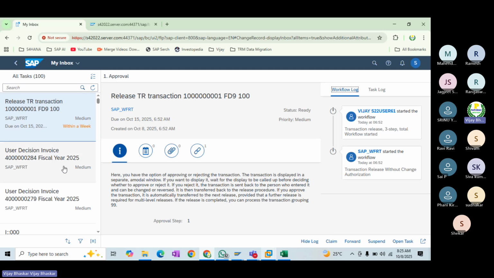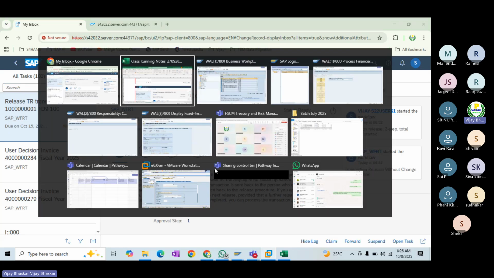Even it will be lying in the inbox also. It's already been approved, right? That's nothing wrong. But still, maybe it may take some time, not sure. As soon as the task is approved, it should not show in my inbox, because that is the standard system behavior, but not sure whether it is moving or not. Maybe it may take some time, but we'll wait for some time. Okay, that should be required.